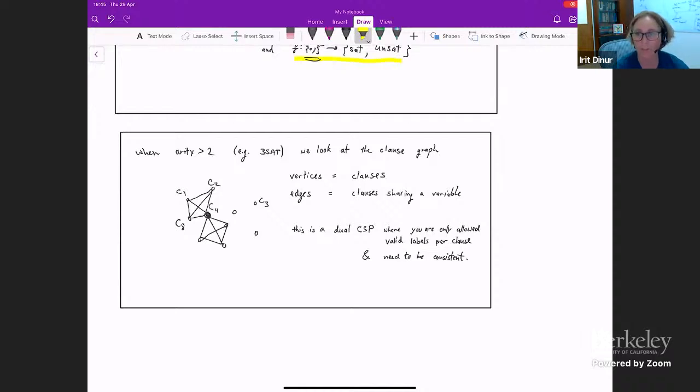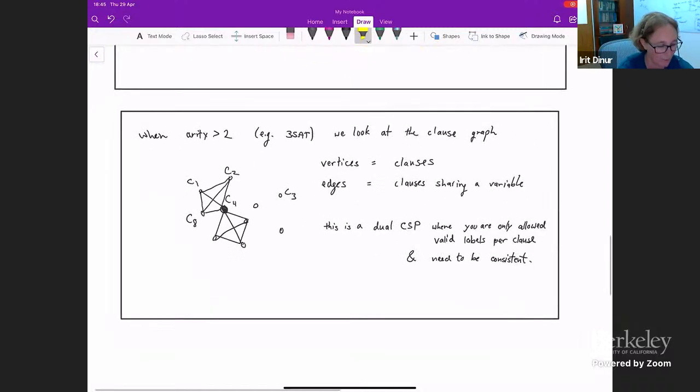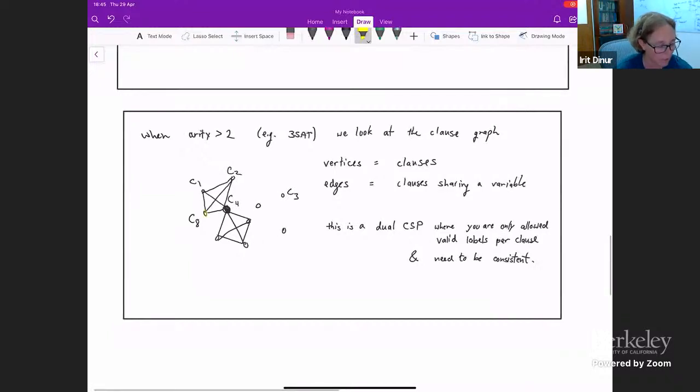When we have a hypergraph, the tools that I know always start by looking at some graph related to the hypergraph. One of these graphs is the graph that we talked about just above, where the vertices are the clauses, and you connect two clauses if they share a variable. Another way of thinking about this graph, which we saw just before, is as the two-step walk of the factor graph, moving from clause to variable to clause.